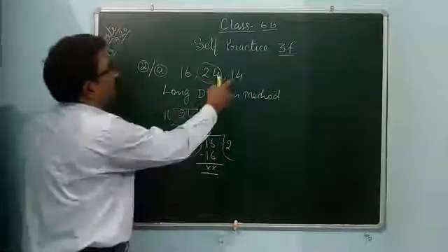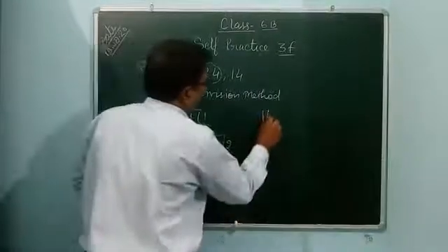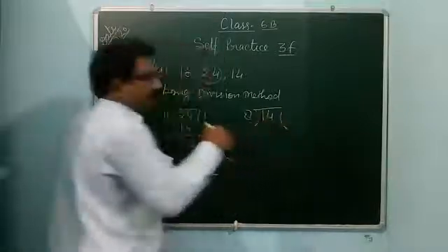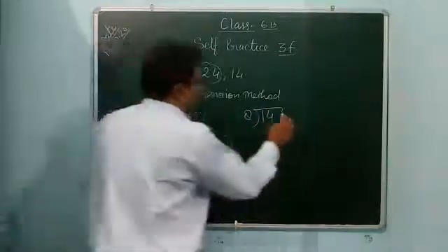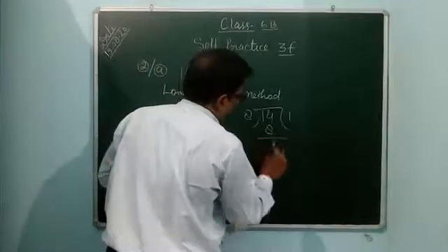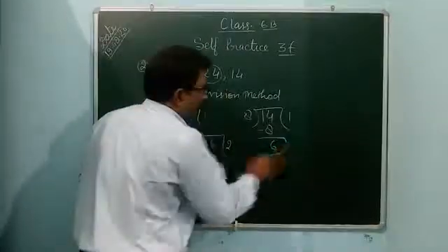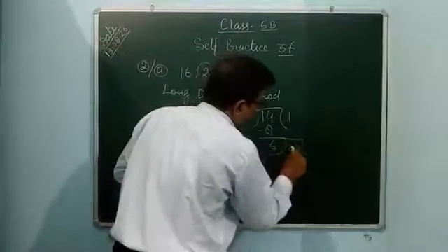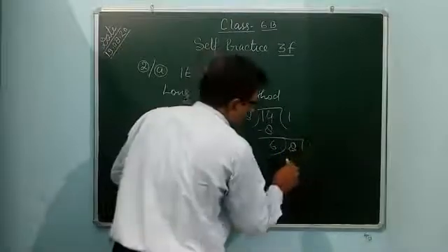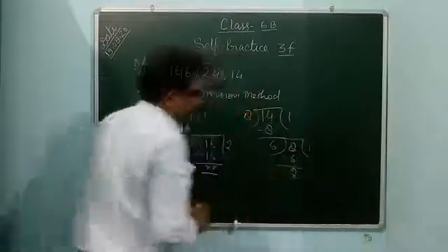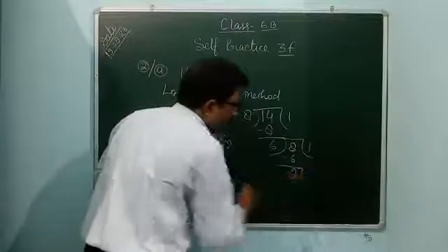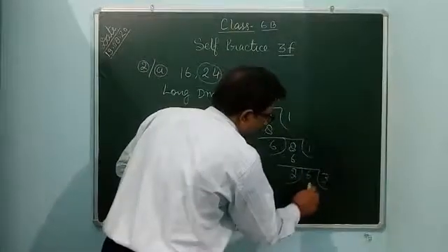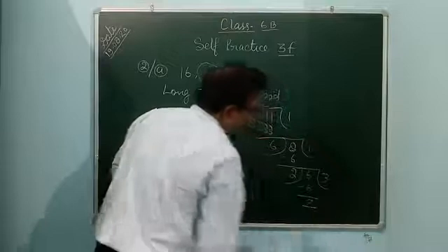But one number is 14 there. So at last you divide 14 by 8. 8 ones are 8, 8 twos are 16, which is more, so 8 ones are 8 only. The remainder will be 6. Again 6 will be the divisor and 8 the dividend. 6 ones are 6. 8 minus 6 is 2. Again 2 will be the divisor and 6 the dividend. 2 threes are 6.